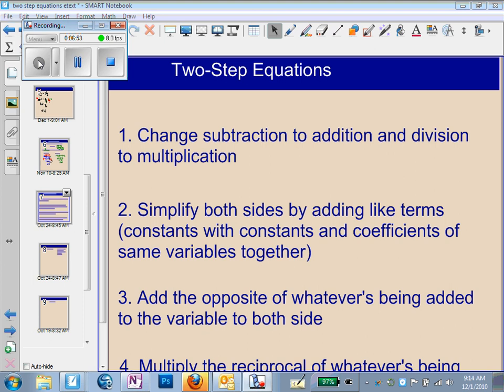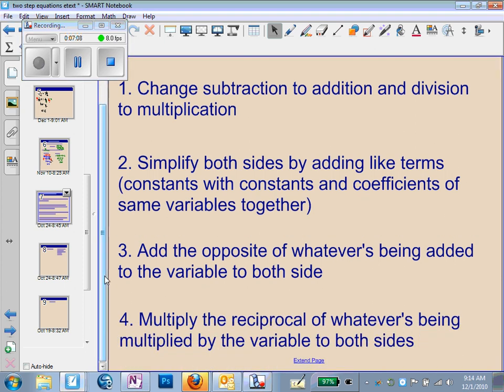Number 1, always change subtraction to addition, and division to multiplication. Always. Because now we're dealing with integers and rational numbers. When you deal with integers and rational numbers, you need to be working with addition and multiplication. So after you do that, and you've rewritten your problem the way it needs to look,